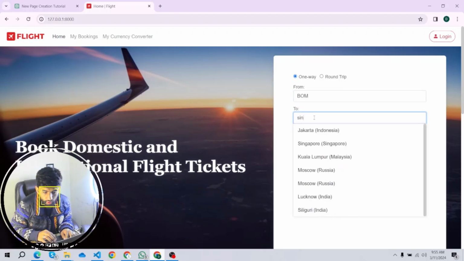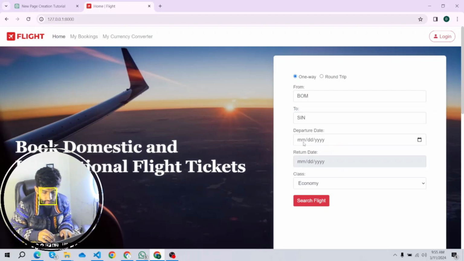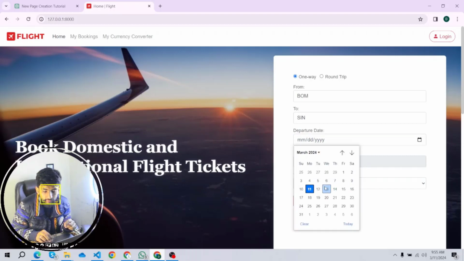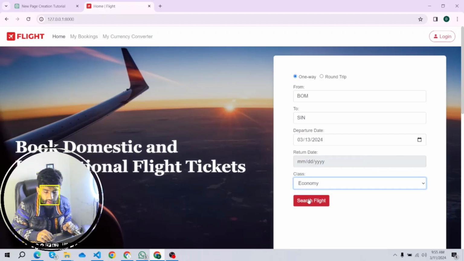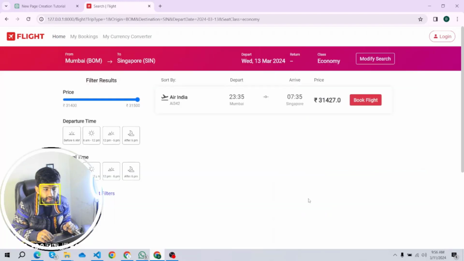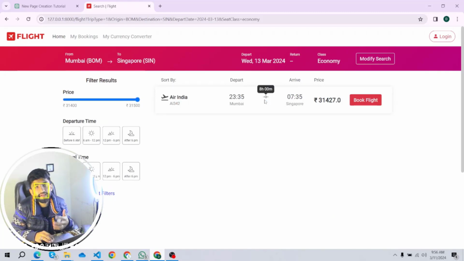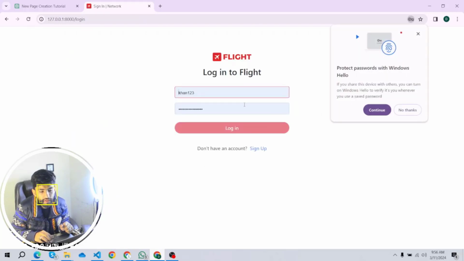Mumbai to Singapore. This is a one-way trip, so we cannot enter a return date. If we select a round trip, then it gives the proper fields. Economy class, and search flights, and it gives results properly. Pricing shows minimum and maximum if we have many results, but in this scenario we have only one. This is the timing of departure and arrival. Book flights and enter all the information according to my